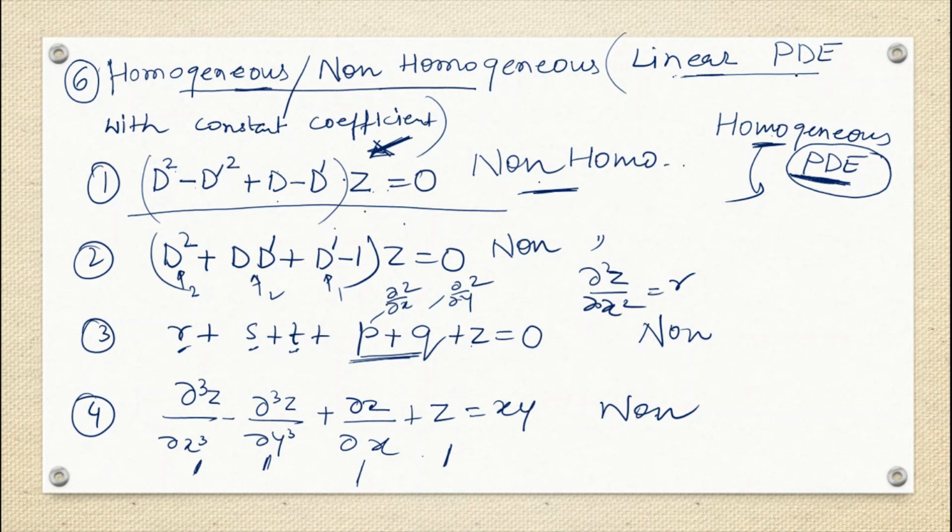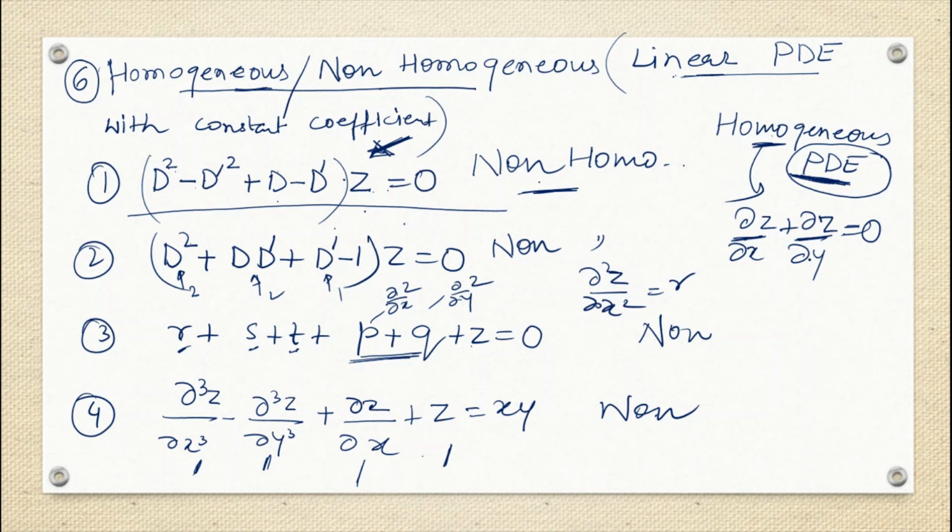If I give you one example of a homogeneous PDE, just write down del by del x of z plus del by del y of z equals 0. So this is my homogeneous PDE. Why? Because here each and every term has a partial derivative, and this is set to 0. That means no term is free of the partial derivative or its dependent variable, correct?